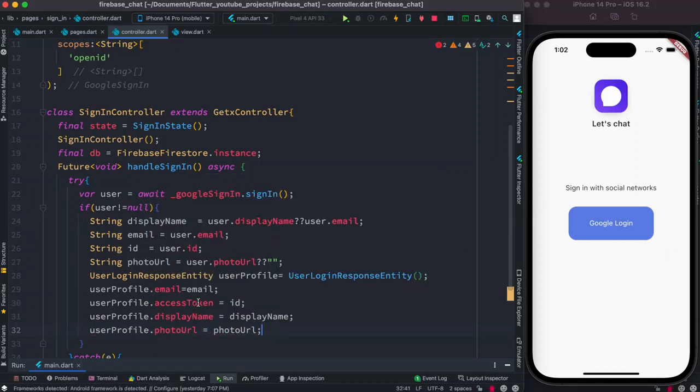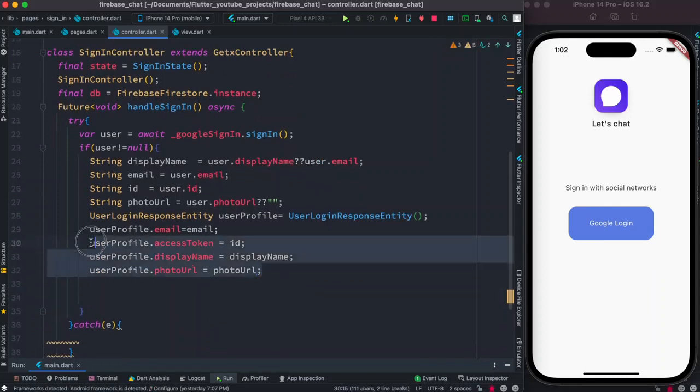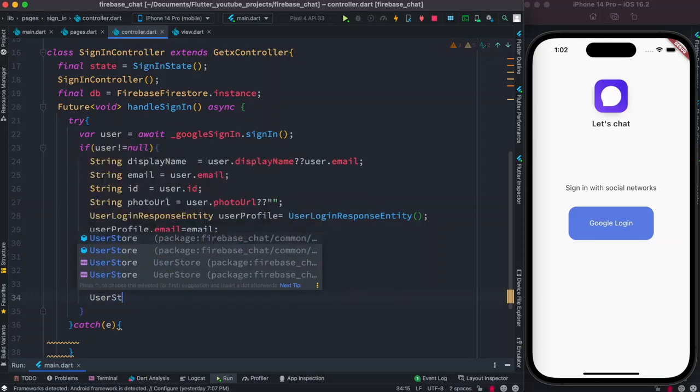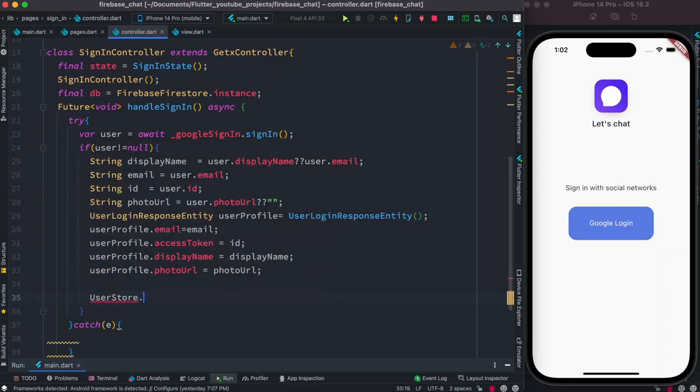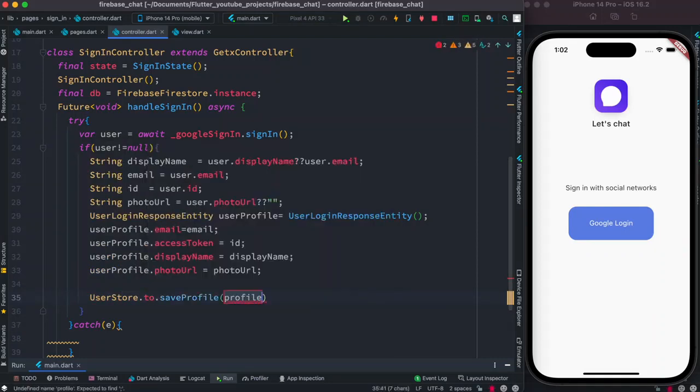All right, okay. And after that, the reason we did these things is that we want to save this user information to our device. So that's why here we'll have userStore.to.saveProfile, and we just pass the user profile object to it, and we are good to go. Now if you click on this one, it will take you to